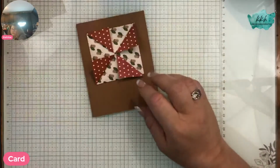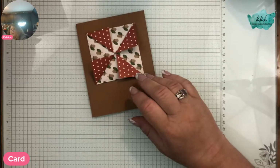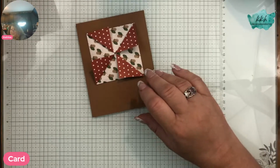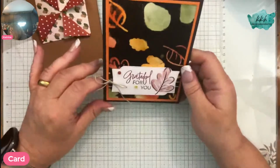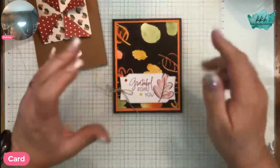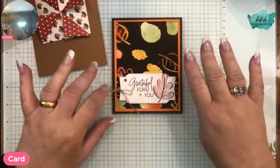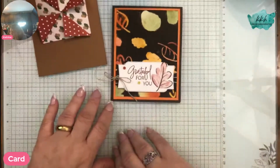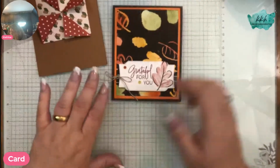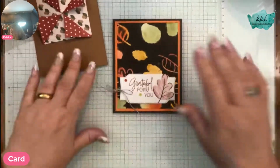Card number 2, we're doing our Joseph's coat technique. If you've been around for a hot minute, you've seen me do this. It's one of the ones that I just like in the fall. I think it's the fall colors that makes me pull this technique out of my arsenal. But it's fun. I like to do this one. And this one is just grateful for you. And then we just have a fun little